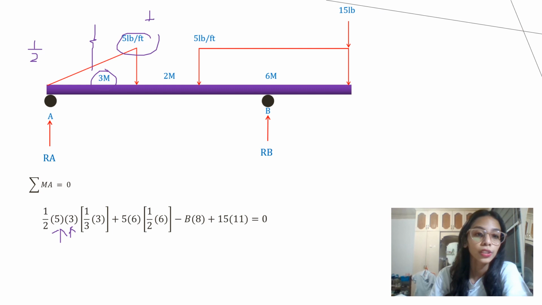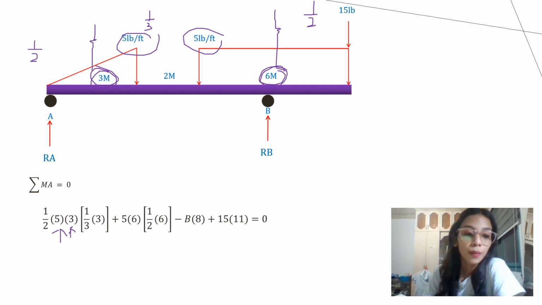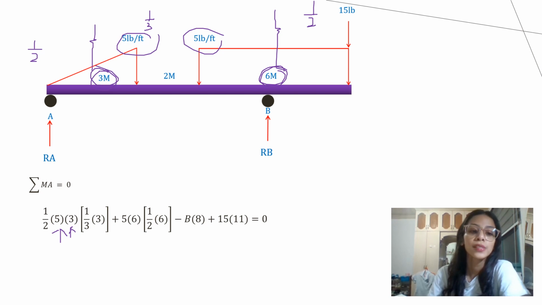So this is 1/3 of 3 plus the area of the rectangle, which is 5 times 6, our base times height, plus the centroid of the rectangle, which is 1/2 of 6. So we have 5 times 6 times 1/2 of 6 minus our RB,